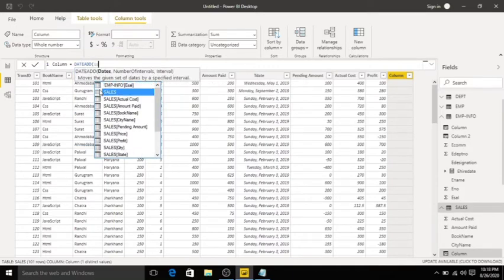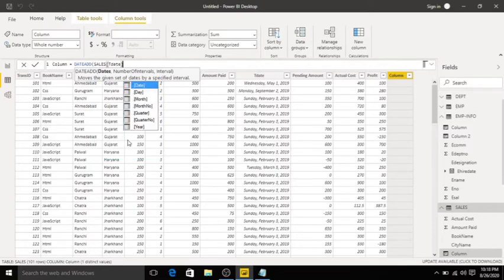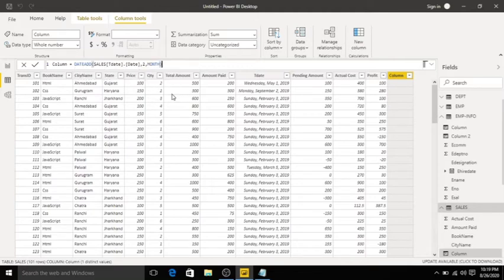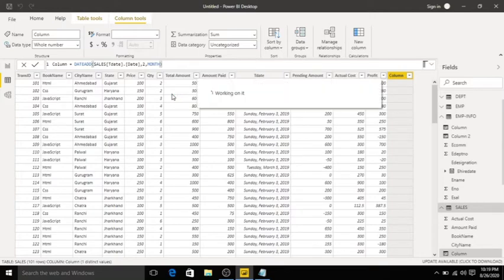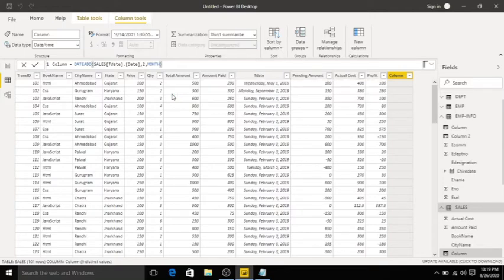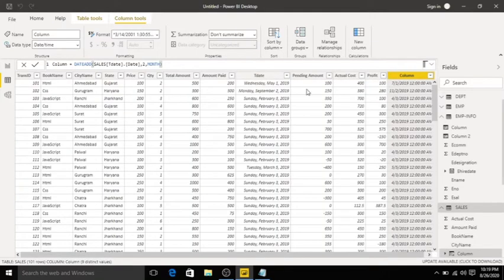I will provide the sales table, Sales of transaction date, click tab, comma number of intervals 2, comma month, click tab, click enter. See, this is the output.